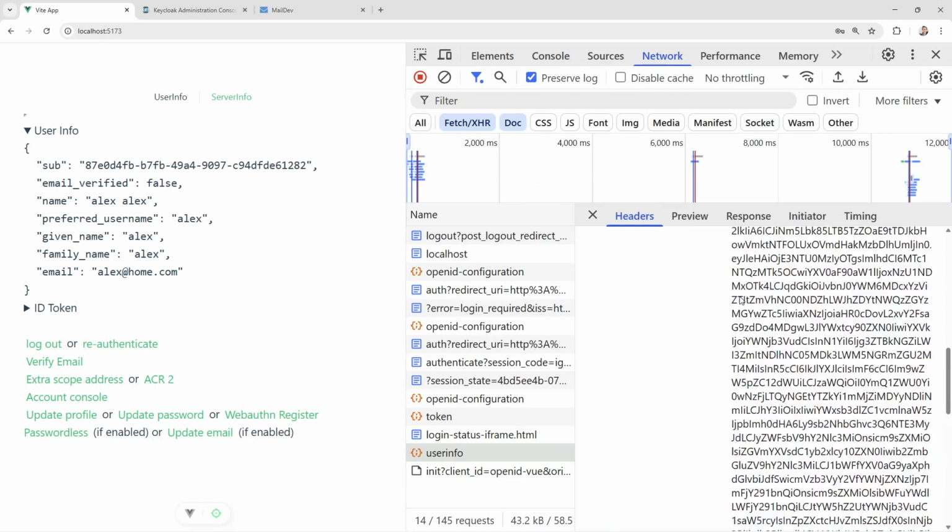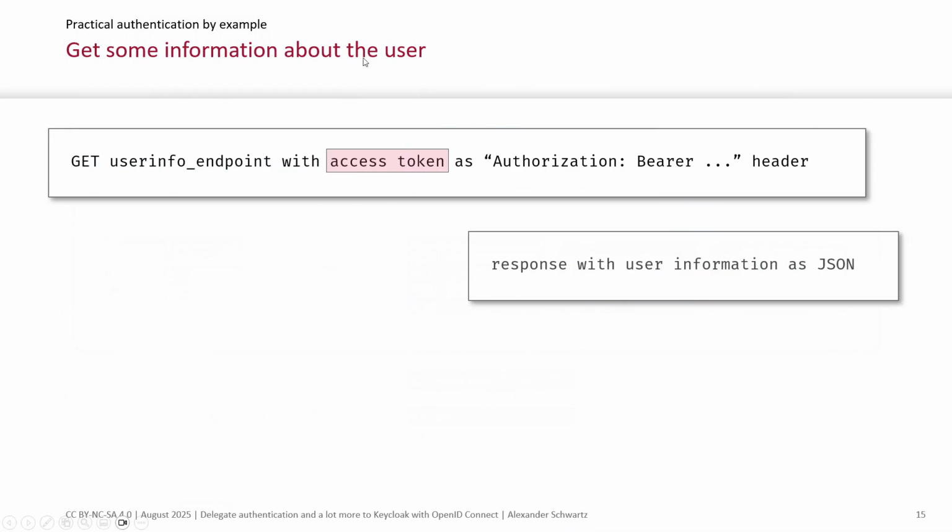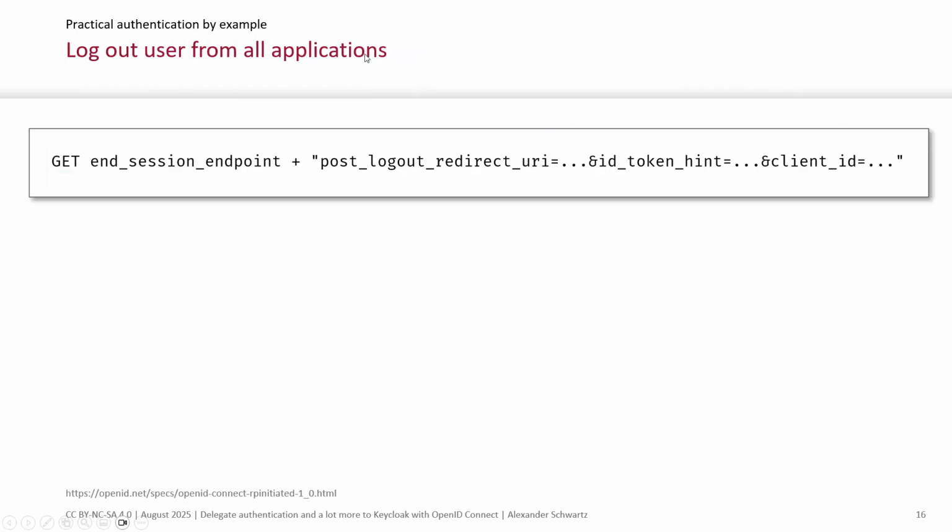And then this user endpoint provides some information about the user and the email, if it's verified or not. So I just registered, I didn't verify my email address yet. So this is all there. Right. And if I log out, I call a user session at the end session endpoint, I have